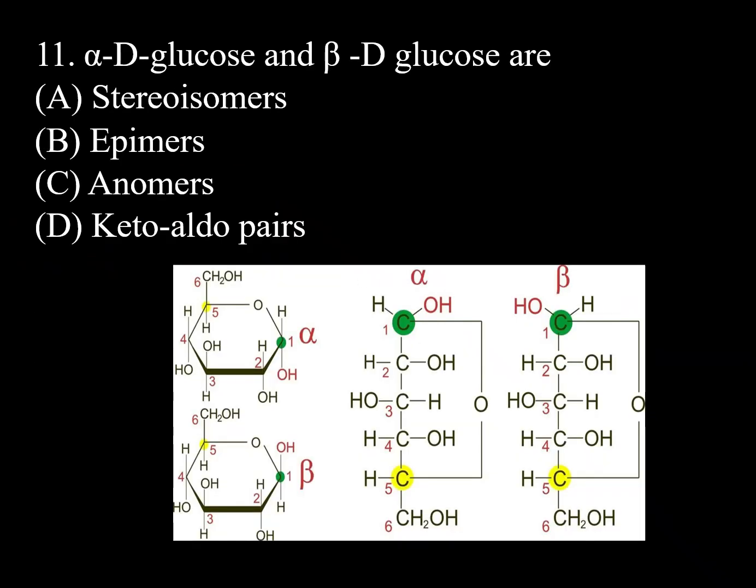Question number 11: alpha D-glucose and beta D-glucose are: A, stereoisomers; B, epimers; C, anomers; D,